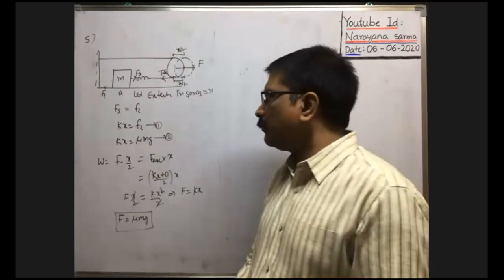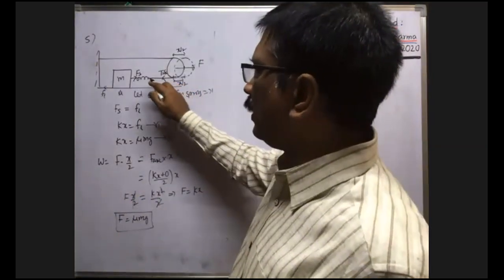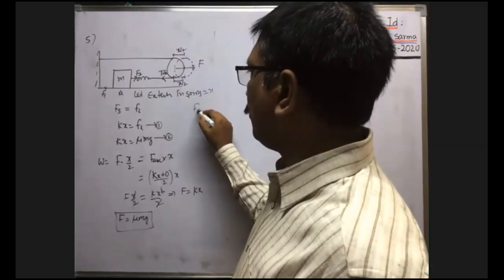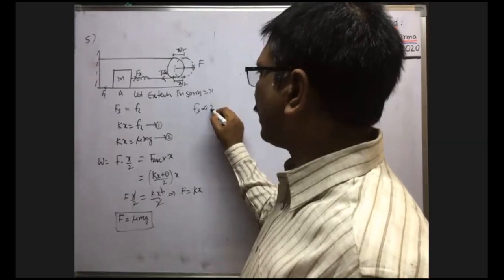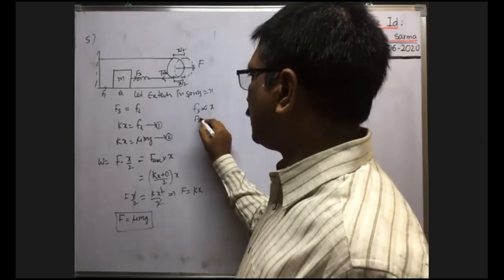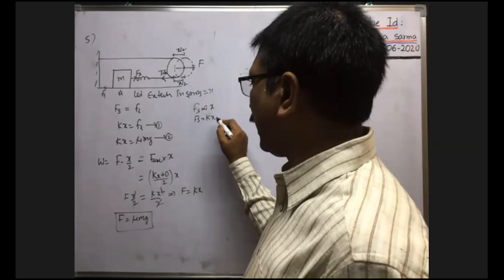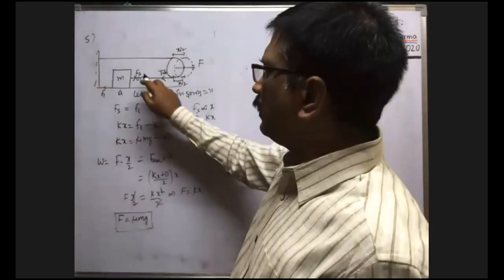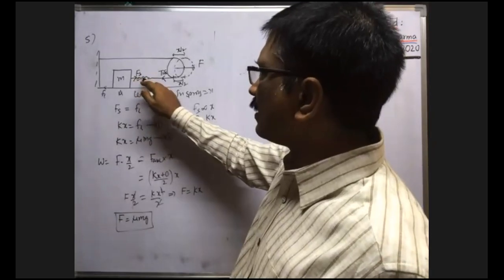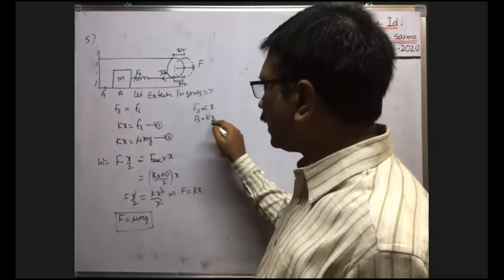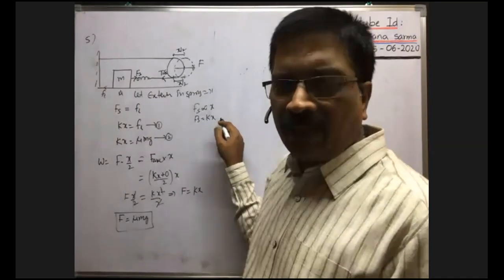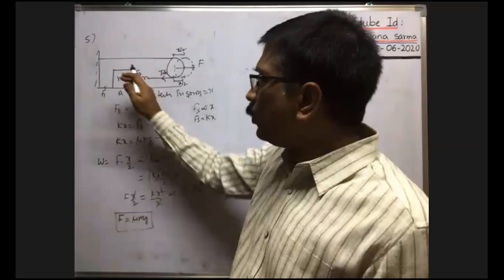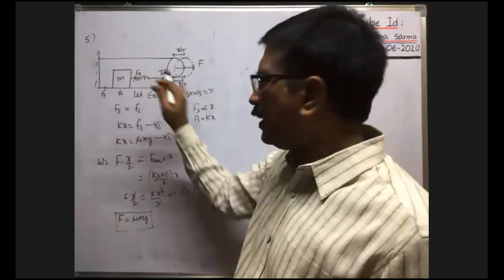Okay, average spring force developed means the spring force developed is directly proportional to the extension of the spring. Or Fs is equal to some proportionality constant k times x. k is called the spring constant. That means initially there is no spring force. As the extension increases, the spring force gradually increases with extension. That's why the spring force is not constant. It gradually increases up to the extension x of the spring.